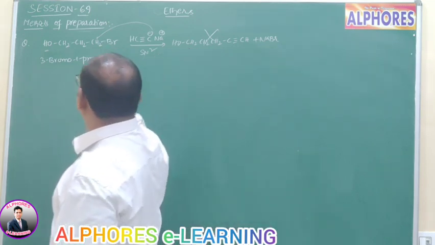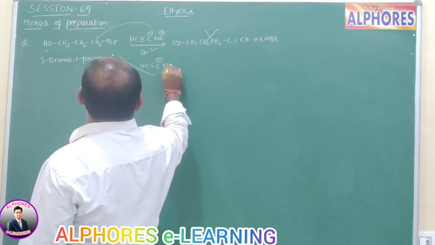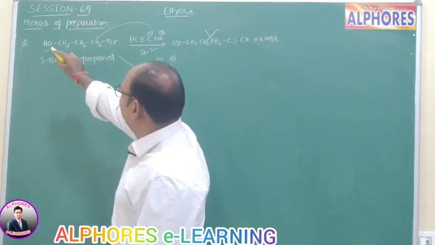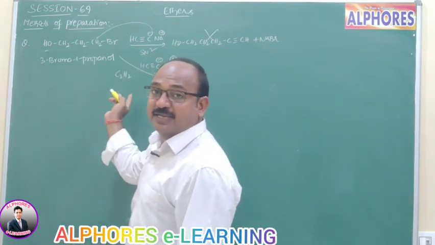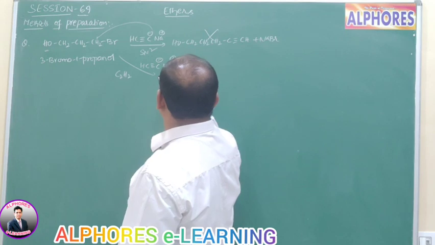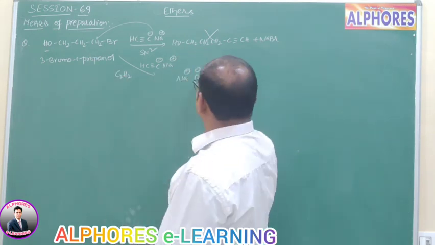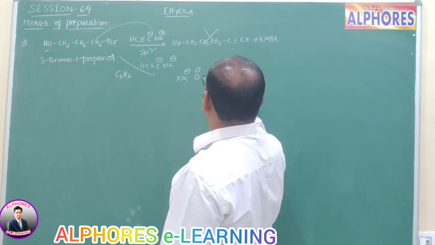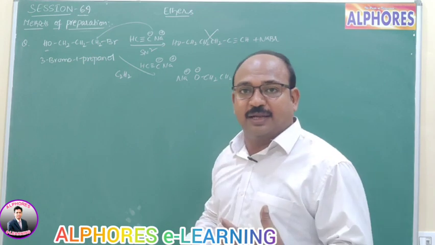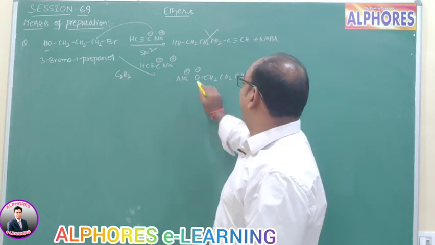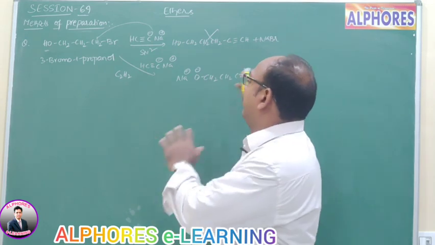What reaction proceeds here? With HC triple bond C minus Na plus, the C minus abstracts the proton and C2H2 is left, and what remains is Na plus along with O minus, CH2, Br. If we think it undergoes cyclization, that would be a 4-membered ring, which is unstable. That's why it stops here.